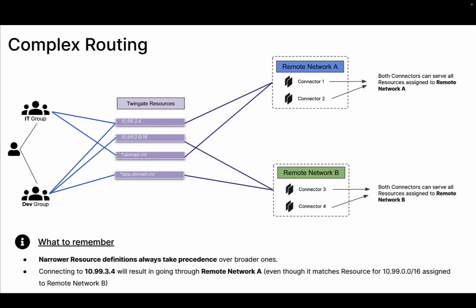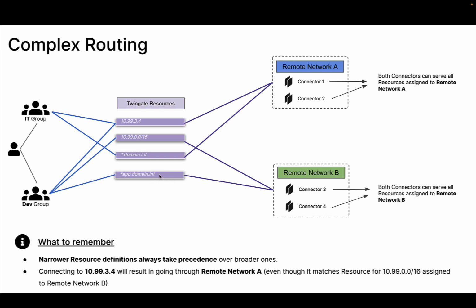Now, it's not always as simple as that. There are some cases where you're going to have some level of overlap because you can define resources in a very narrow way, but also in a very broad way, and there can be overlap between resources. So you could theoretically define a resource for 10.99.3.4 and another one for 10.99.0.0/16. Technically, the single IP is part of the CIDR range that's also defined as a resource. And it's the same exact thing for DNS here at the bottom, where you have a star.domain.int and a